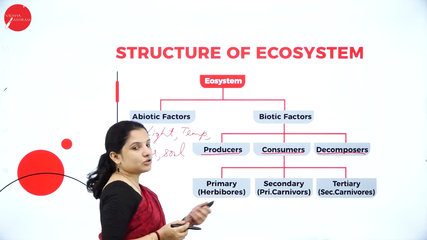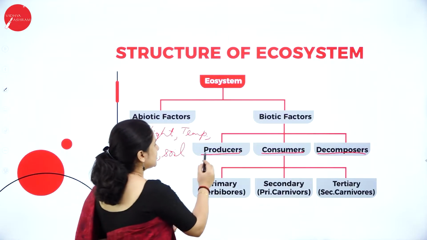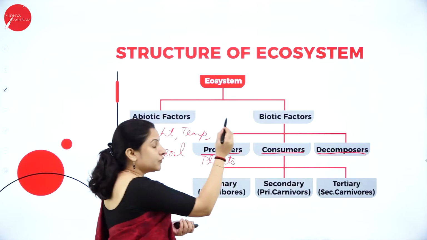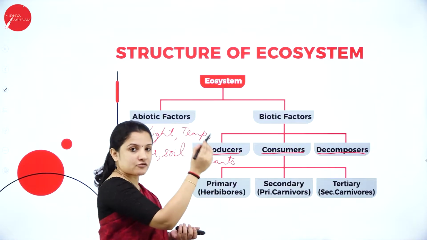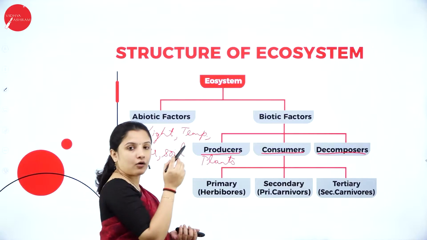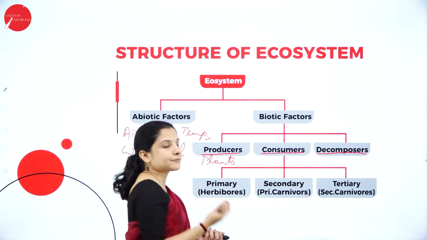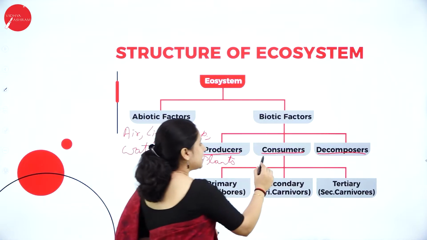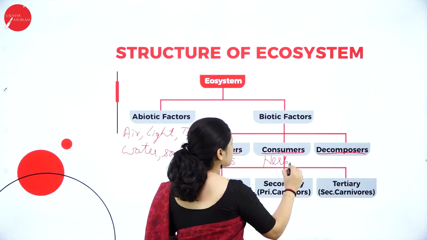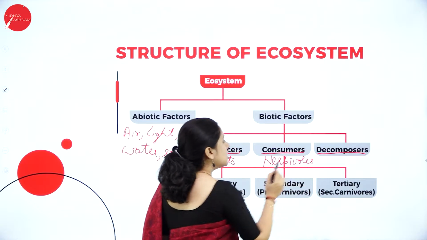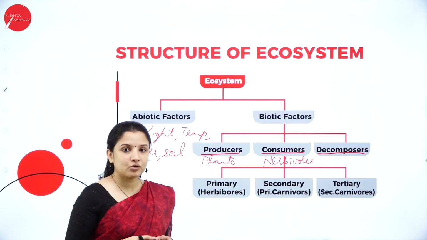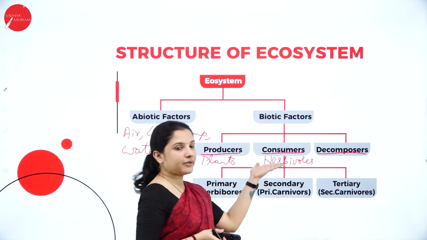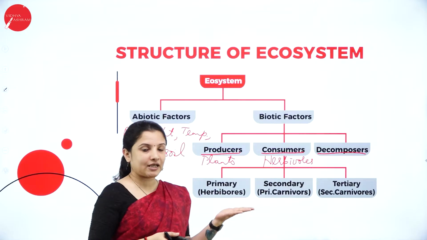So again the consumers are divided. Under the producers, the best example is the plants. The green plants will be the producers. Those organisms which feed on the green plants or the producers will be the consumers. Consuming means to eat, right? So that is why they are the consumers. So they will be the herbivores. So most of the herbivores will be the consumers. What are herbivores? Herbivores are those animals. So in the word itself it says herbivorous. So herb means something related to the plants, the green plant.